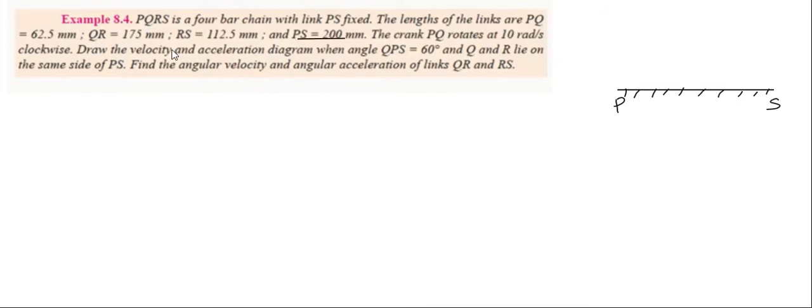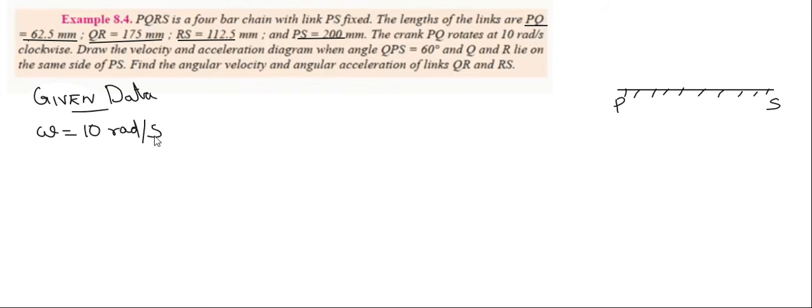So this is given. This is important, these four lengths are given, and the crank PQ rotates at 10 radians per second. So omega is equal to 10 radians per second. Always write the given data, you should follow this procedure. You should write your given data in your answer book also, because if some questions are really tough and there is some consideration in evaluation, this given data will fetch you marks. So, given data: omega is equal to 10 radians per second. You should be specific with your units.